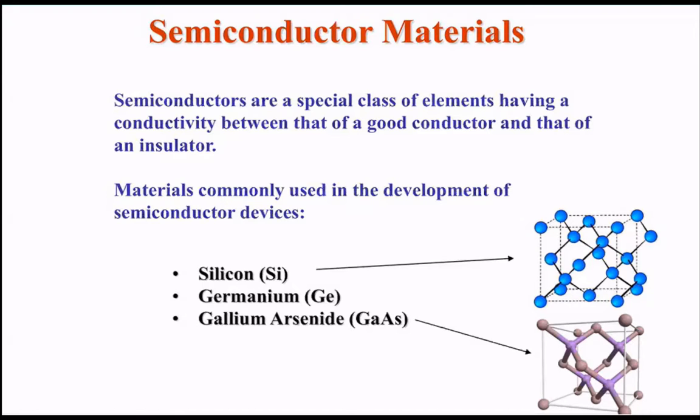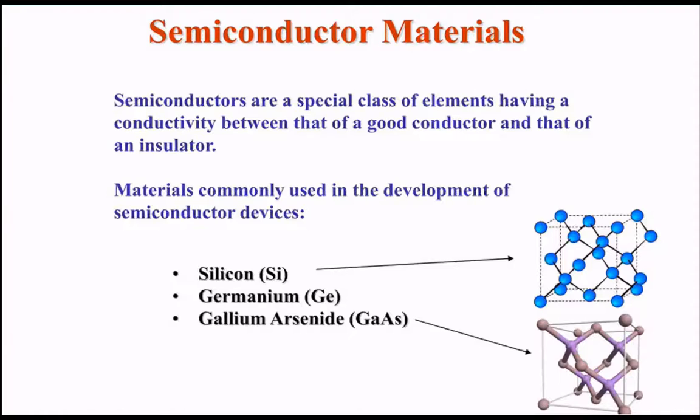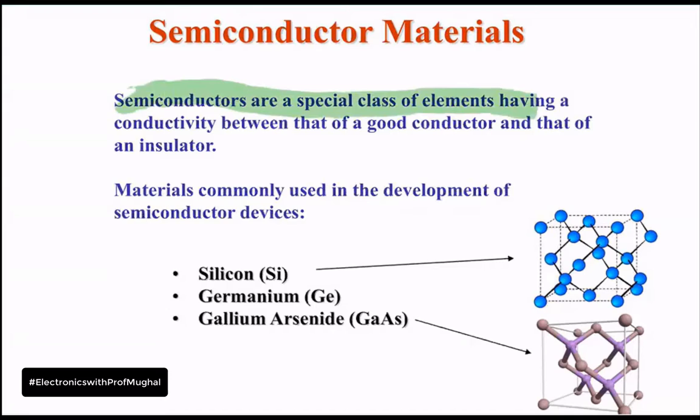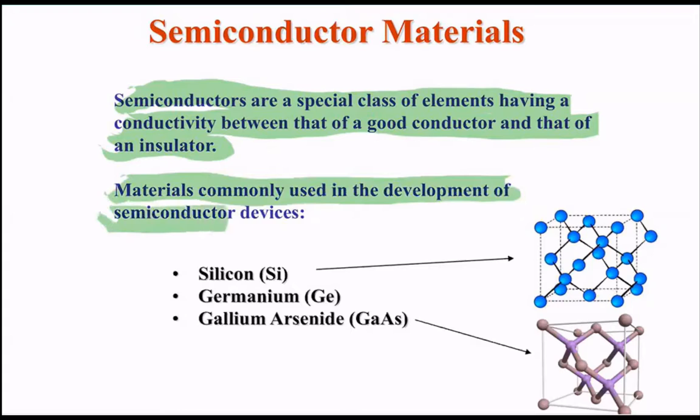Similarly, if you look at photocells, they would have an orangish, reddish color, and they are also semiconductors. So cadmium sulfide is a semiconductor that is used for making thermistors or a photoresistor, which is also known as a light-dependent resistor. So semiconductors are a special class of elements having a conductivity between that of a good conductor and that of an insulator, and that makes them extremely unique. Materials commonly used in the development of semiconductor devices: